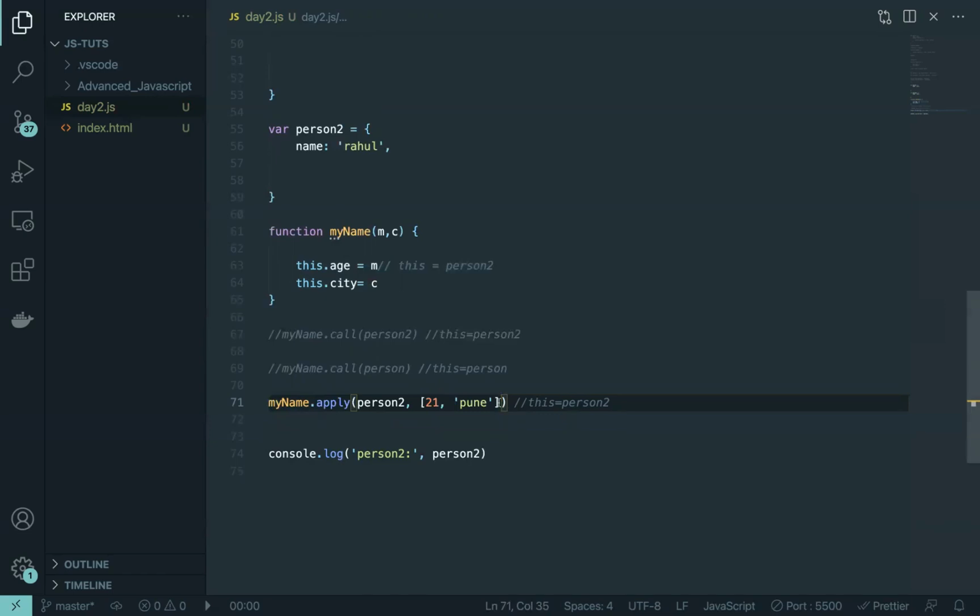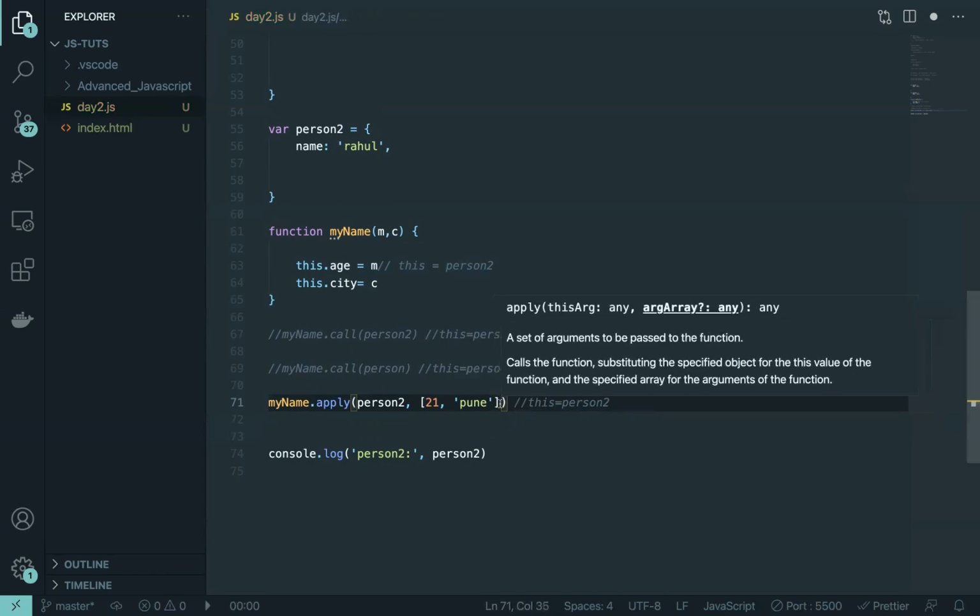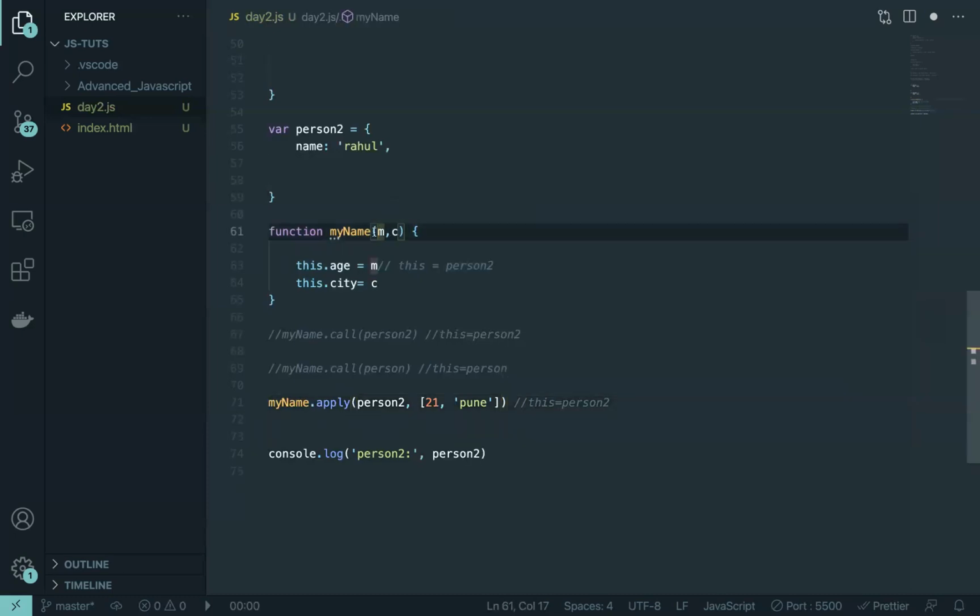If you want to pass all the arguments as a single argument, basically all the values as a single argument, because there is only one comma here. After that, we are not passing any values. It is just only one value. It's just that it is in the form of an array, and the function will read it very well. You don't have to pass an array here, whatever it is, this thing will be the same. It's just that in apply you do it using an array, and in dot call you basically use commas. That's it.